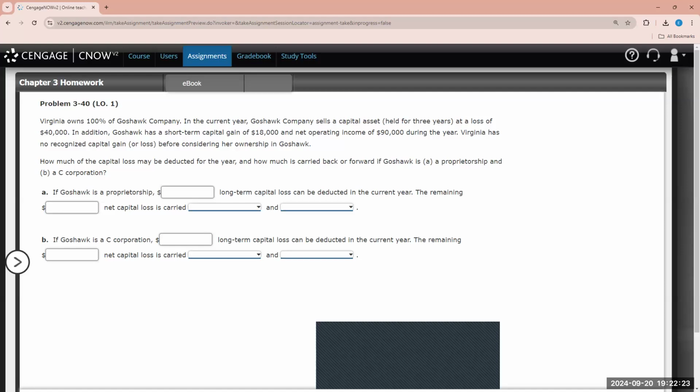In addition, GoShock has a short-term capital gain of $18,000 and net operating income of $90,000 during the year. Virginia has no recognized capital gain or loss before considering her ownership in GoShock. So, A, if GoShock is a proprietorship, how much will be considered deductible, right? So, in this case,